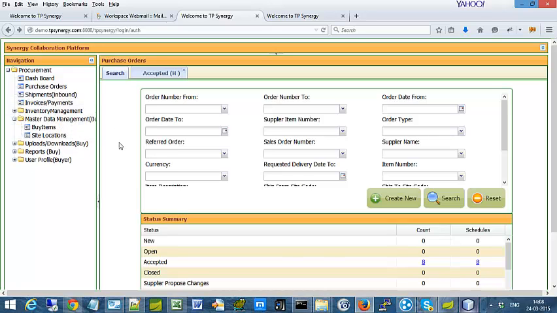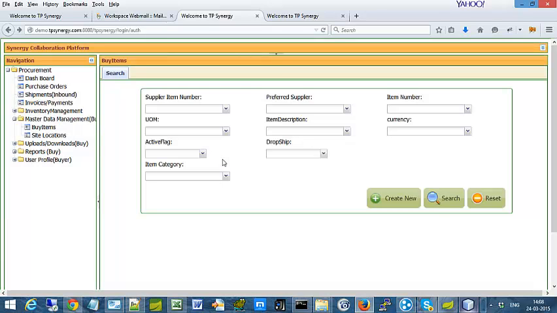And similarly for the master data, you've got buy items instead of sold items, because the price could be different. You can maintain the price at which you are buying for the items in the buy items master. And inventory also, you'll be able to maintain the inventory, which is the same as what we saw in the